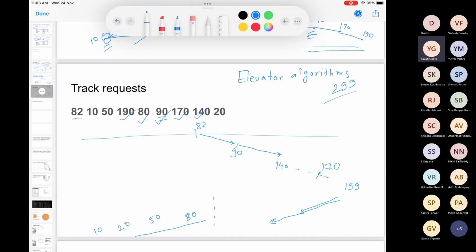So how much is the seek time? Can you compute quickly, anyone else as well?